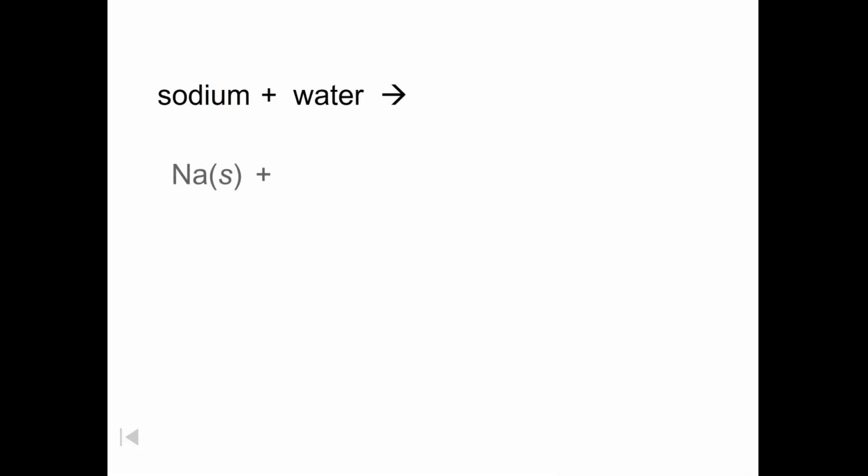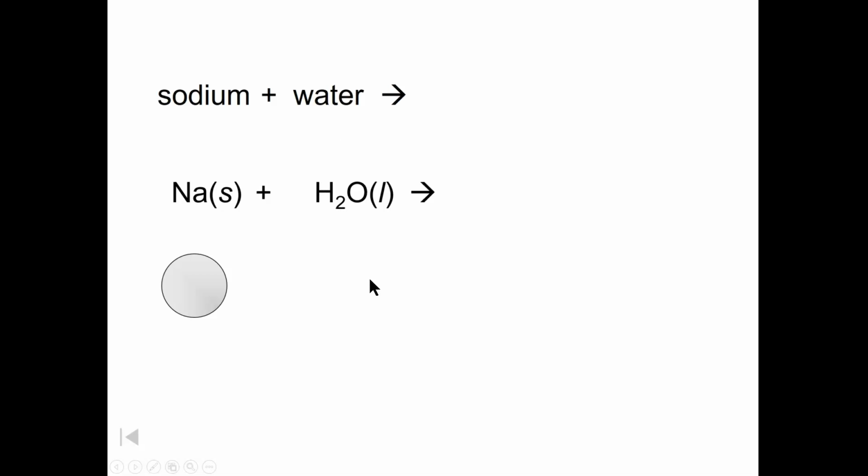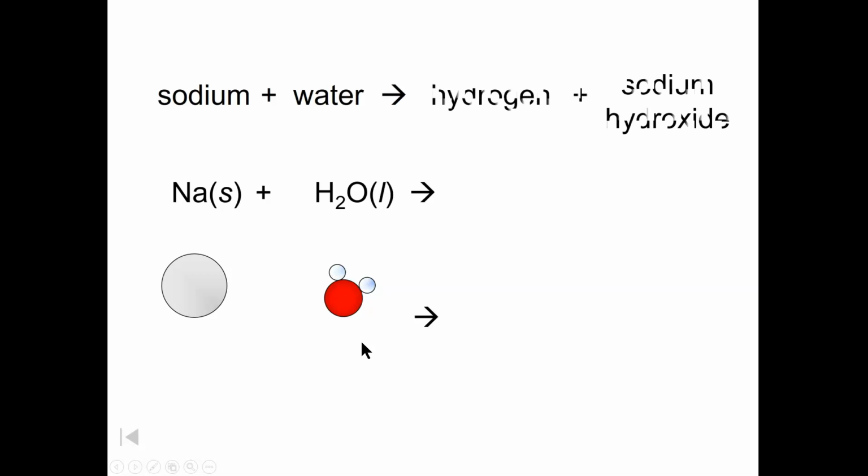So here's one more example of sodium and water. Sodium is Na. We'll see this next week. We'll start looking at these atomic symbols. Water is H2O. This is a liquid, this is a solid. So you have a solid sodium atom, and you have liquid H2O. We just saw that in the last slide. These two will react very violently, by the way. And some of you who may have been in a chemistry class might know a little something about sodium and water, but they react very quickly.